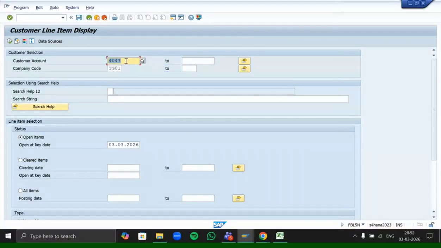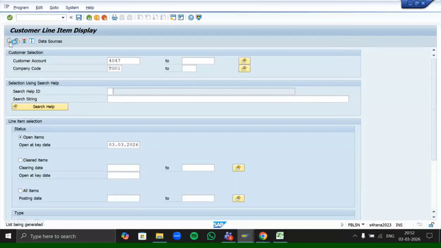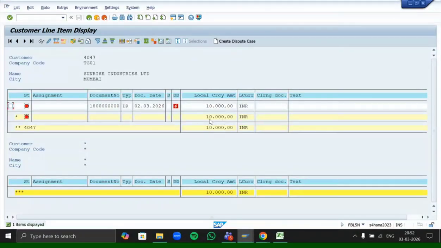System has fetched here their customer account number. Mention this customer belongs to which company code, it is TG01. And click on this execute sign. So here you can see in Sunrise Industries we have, okay, now how can you differentiate which kind of transaction it is, which kind of transaction we have booked here?